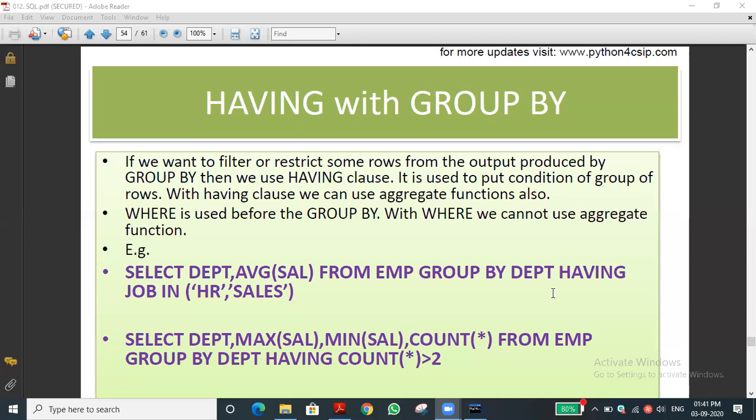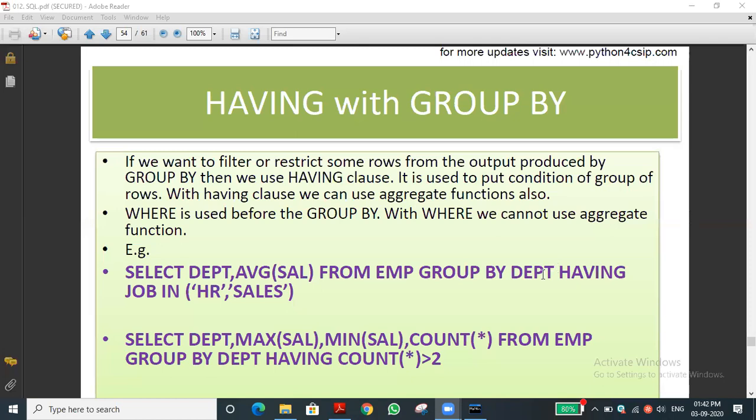What it will do is take the CSE department salaries of the three members and find the average. Likewise, it will take the HR department and find the average, and the IT department, and the sales department, it will do the same thing.